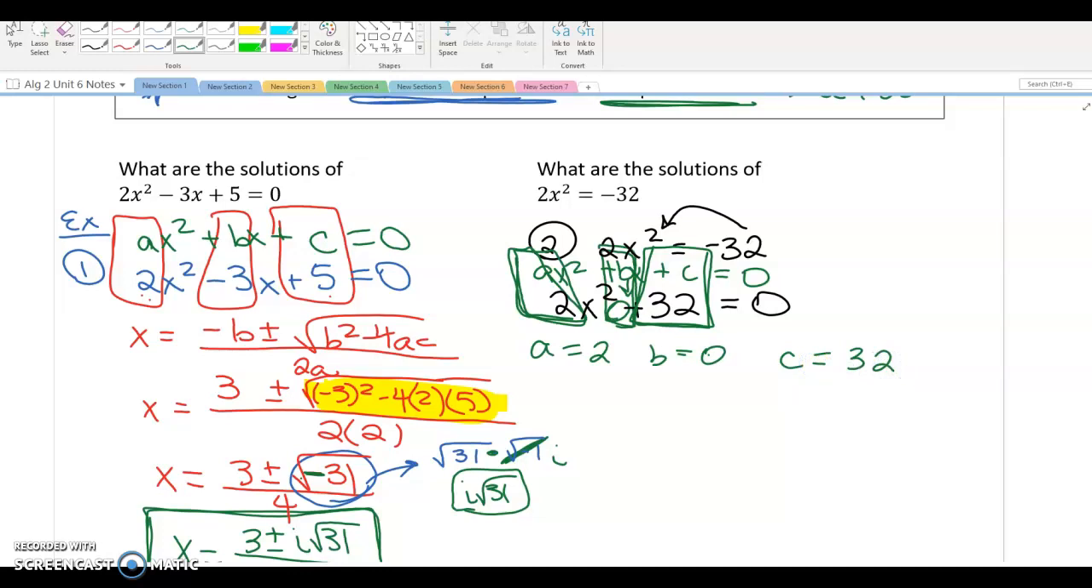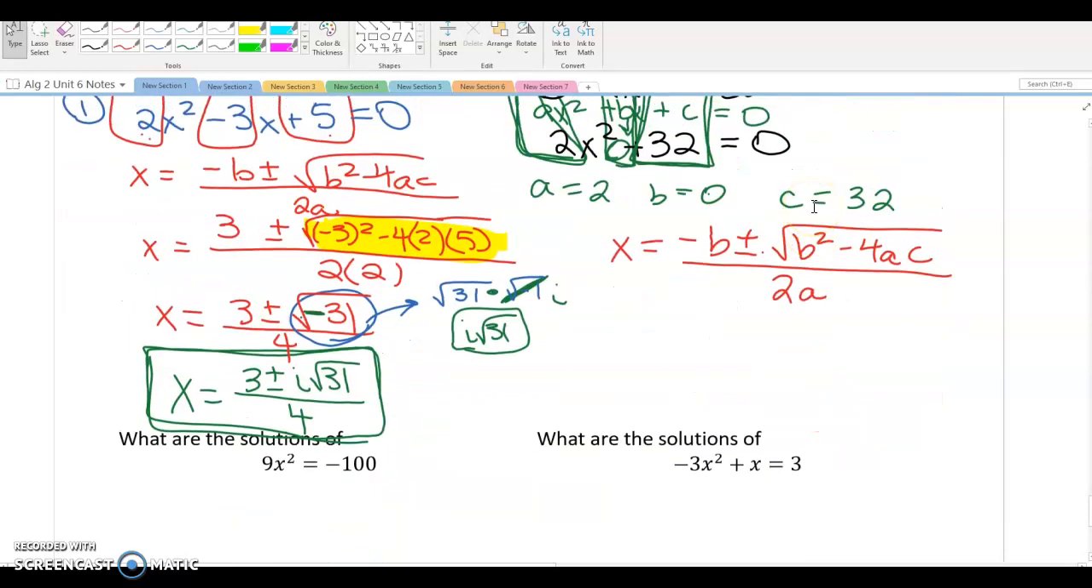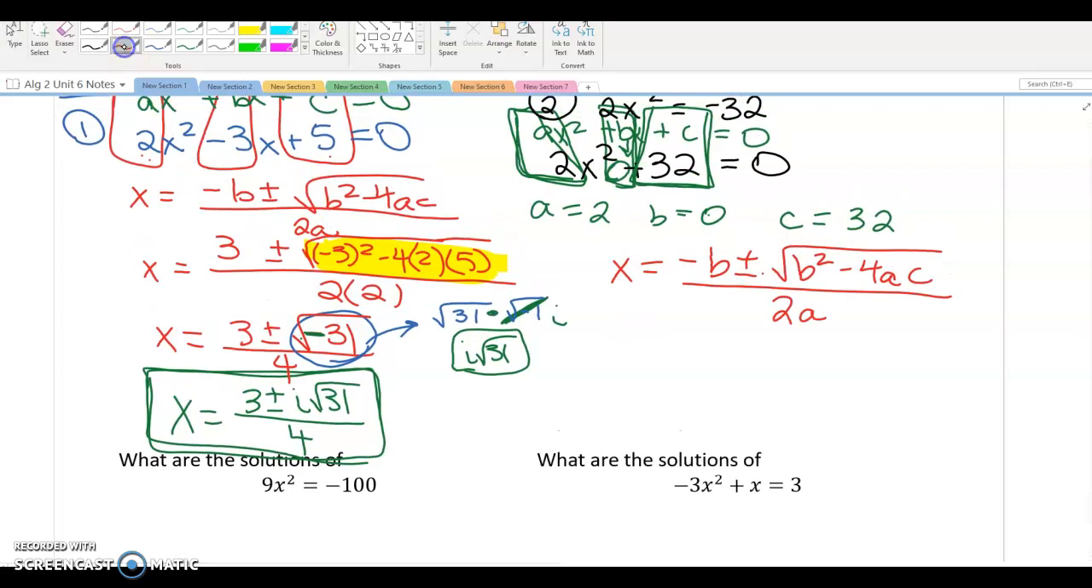So we're going to get our x equals negative b plus or minus the square root of b squared minus 4ac, all divided by 2a. So now we just substitute it in. What's our b value? 0. Is there such a thing as a negative 0? No, so I'm just going to make it x equals 0 plus or minus the square root of, you already told me b was 0, so 0 squared minus 4 times